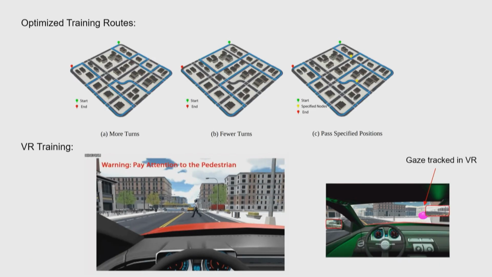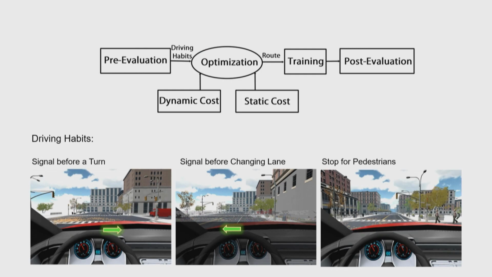have two major components. The first component is that we should be able to understand the user's performance, right? And virtual reality is a perfect platform for doing that. So for example, we can create a city simulation. We can run a pre-evaluation to let the user drive in the simulated city, and we can measure the driving habits of the person very well.